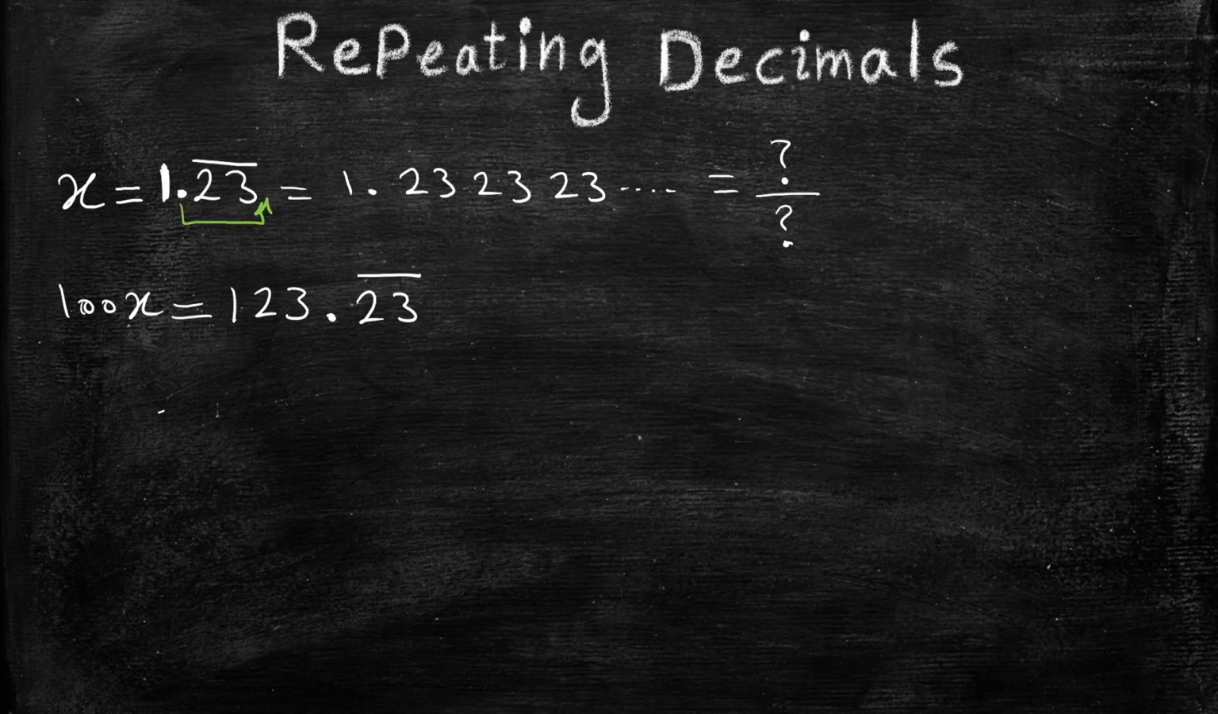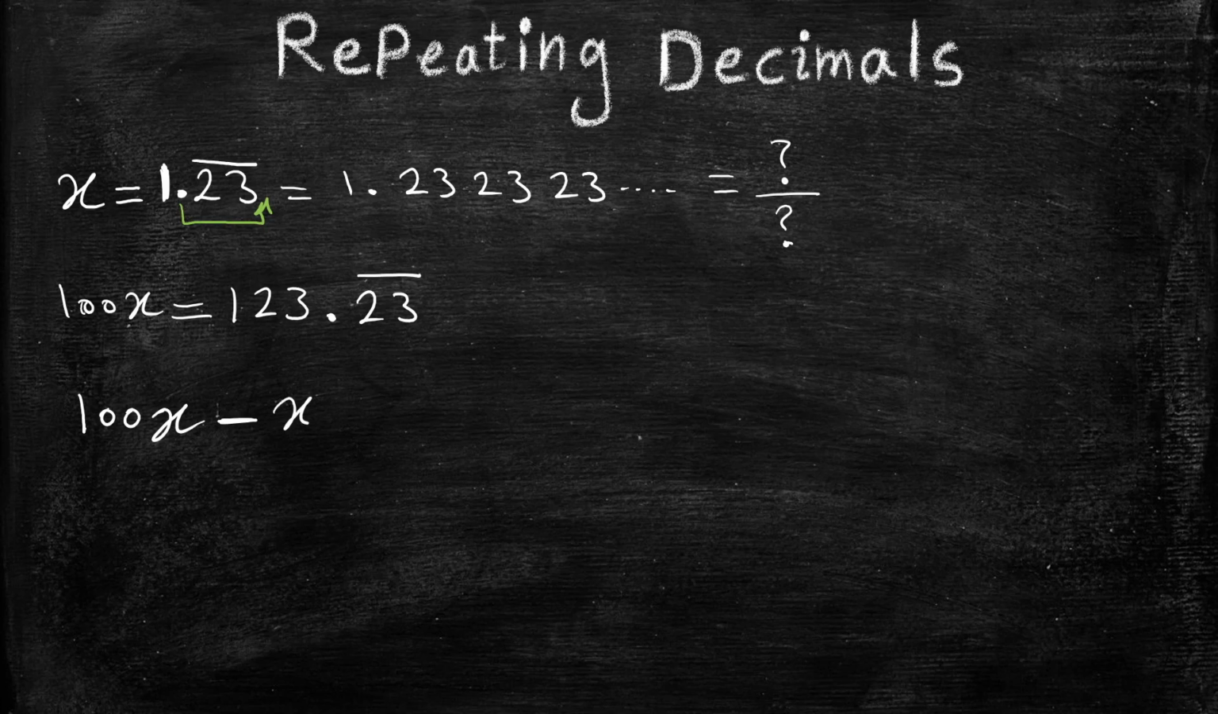We multiplied by 100 because we had 2 recurring digits. When we had 1 recurring digit, we multiplied by 10. We have 2 recurring digits, now we multiply it by 100. Now the benefit of that is we can right now simply subtract 100x